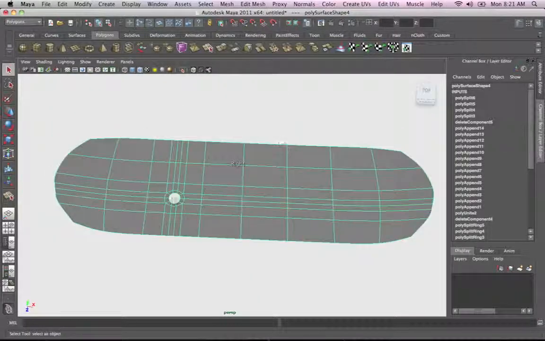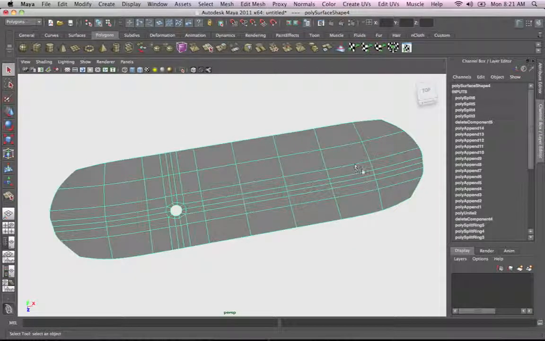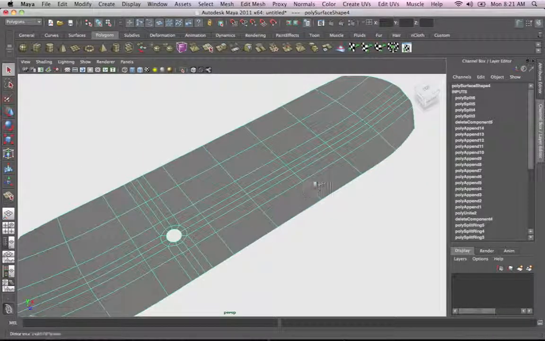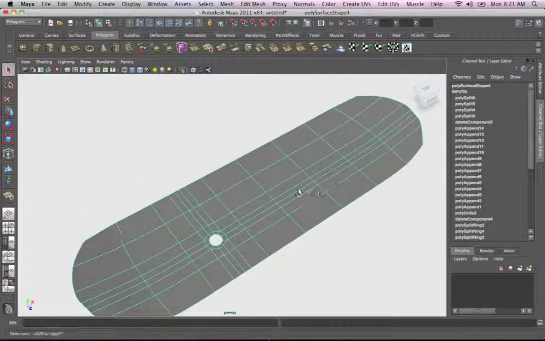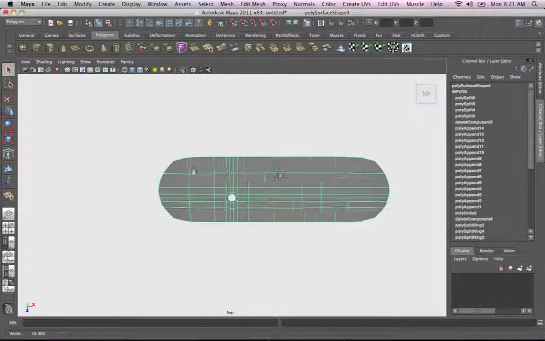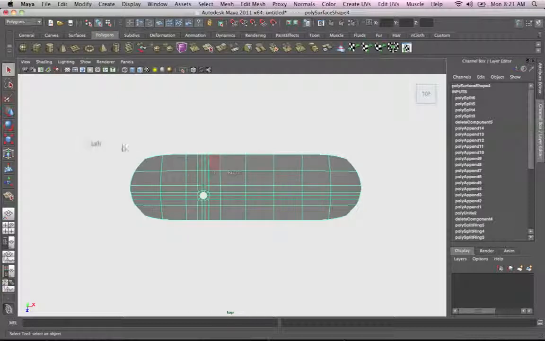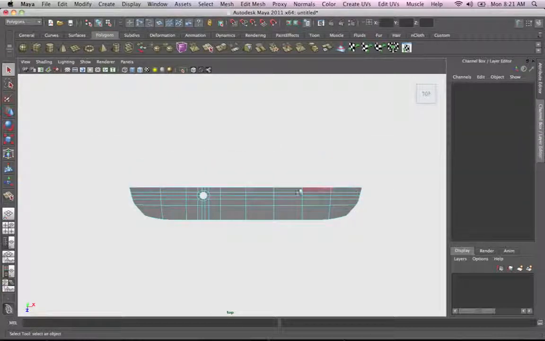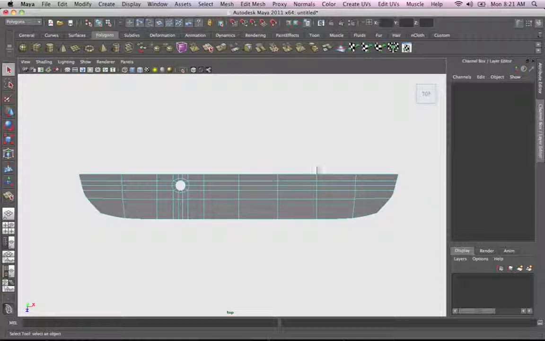So let's say we want this hole to appear on this side too. Instead of me going and doing the same thing again, I'm going to just duplicate this part of geometry and stitch it over there. Like I can duplicate all this piece. Since we want a symmetrical object, I'm going to go to my top view and select the faces I don't need. So I'm going to select these and delete them. And also, since I want this,